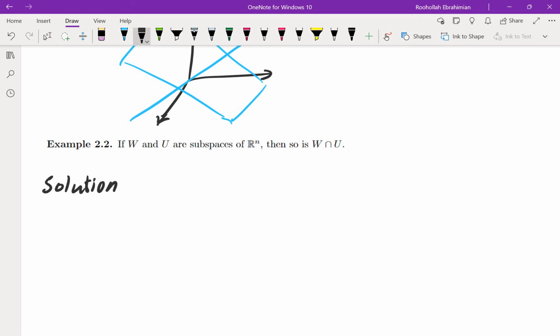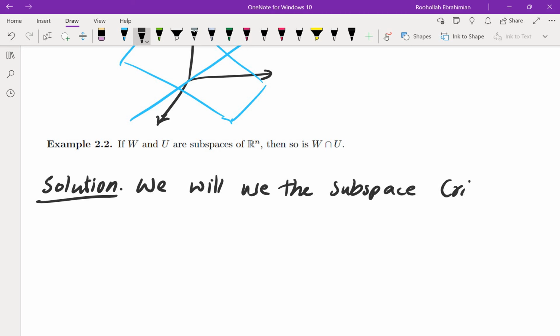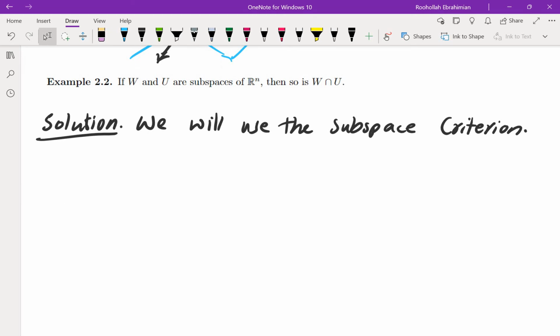So we want to prove this one. So again, we will use the subspace criterion. We will have to show three things. First of all, 0 is in the intersection, and second, the intersection is closed under addition, and the intersection is closed under scalar multiplication. So let x and y be in the intersection